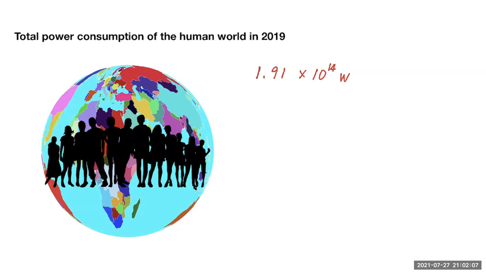So the human activity should be only a very, very small part of it. Indeed, it is a small part of it. It's 0.1% of the total energy, total power we receive from the sun. Okay, so these are some typical numbers, and again, you can look for even more examples, especially in the microscopic